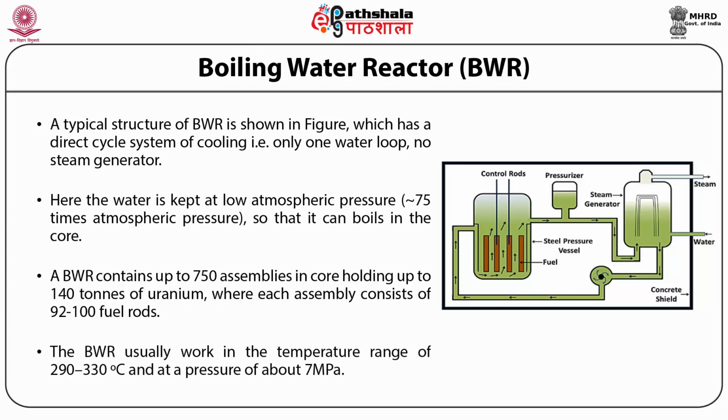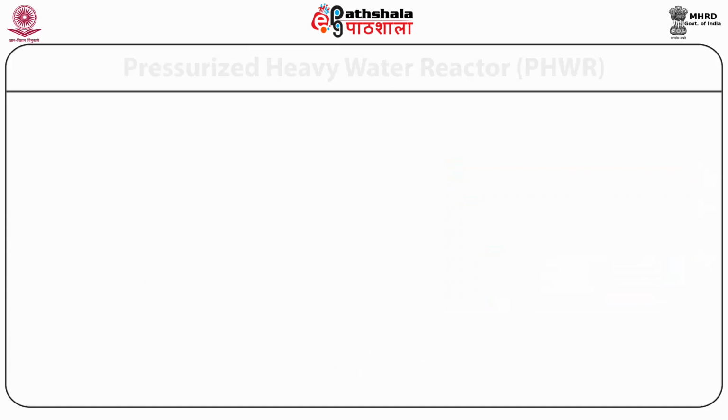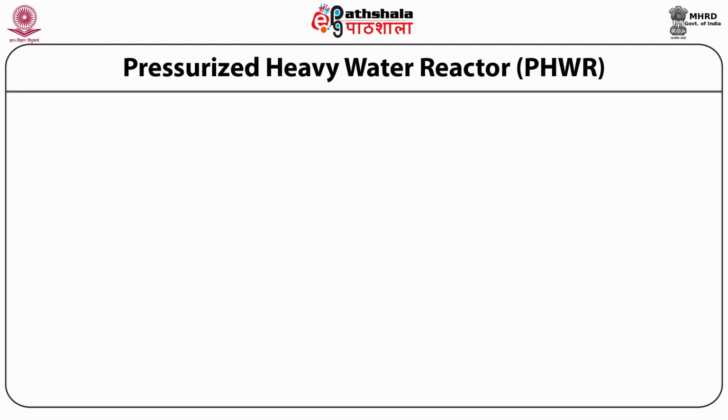The BWR usually works in the temperature range of 290 to 330 degrees Celsius and at a pressure of about 7 megapascal. The next G2 nuclear reactor is the pressurized heavy water reactor,